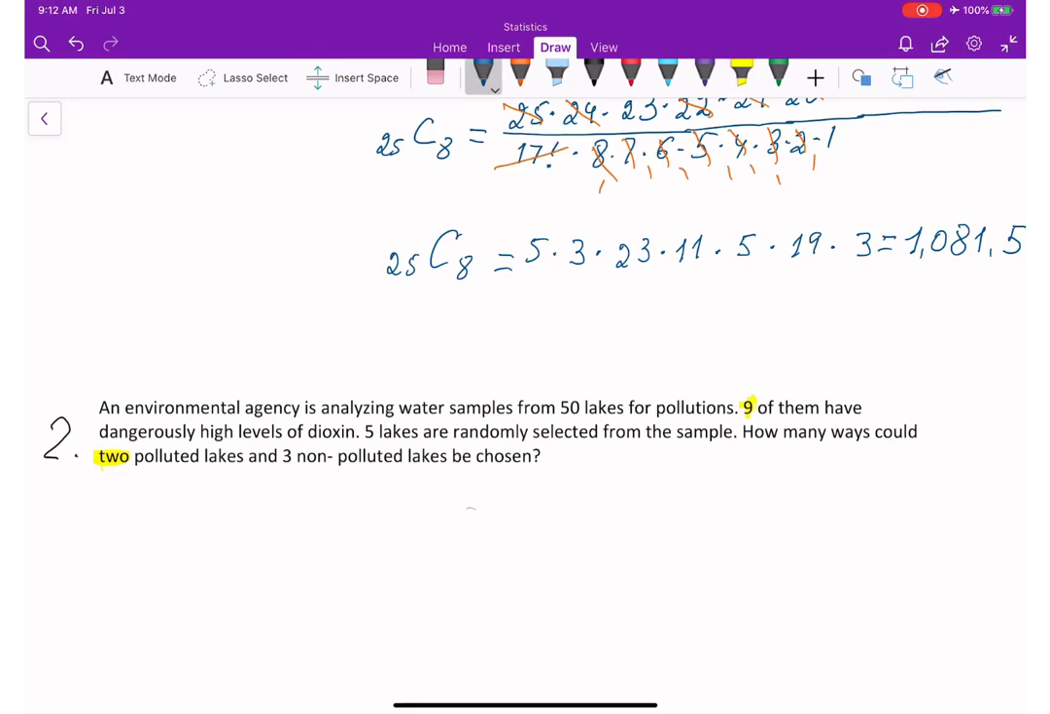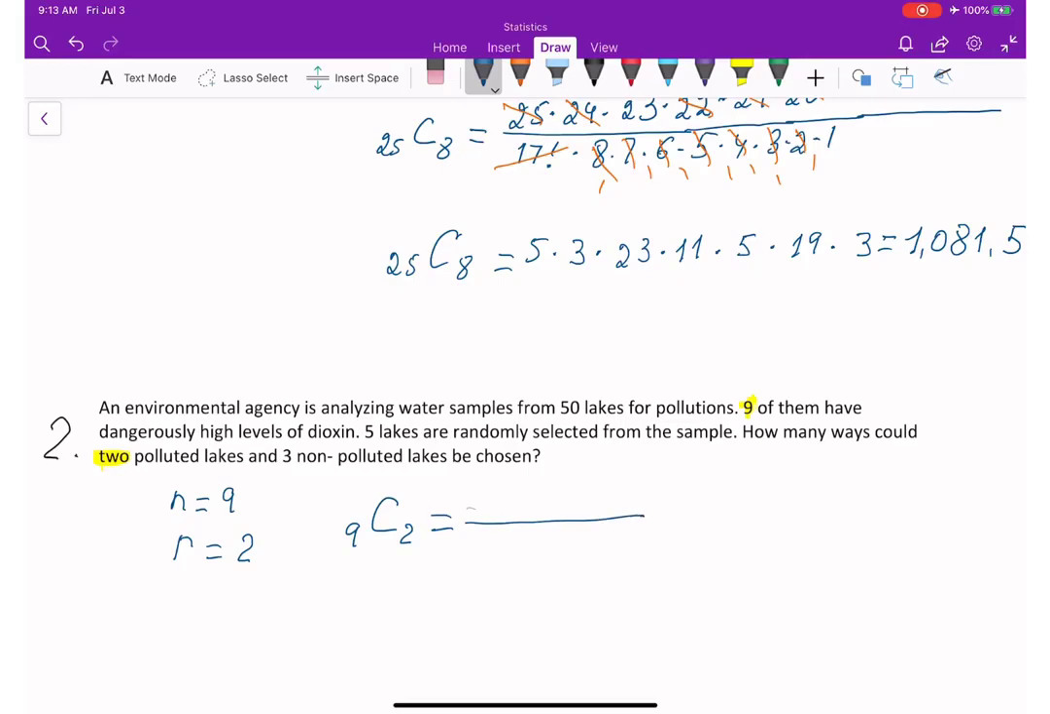We are going to first find how many combinations we can get out of polluted lakes, 2 polluted lakes. So n is equal to 9, r is equal to 2. So combination 2 out of 9